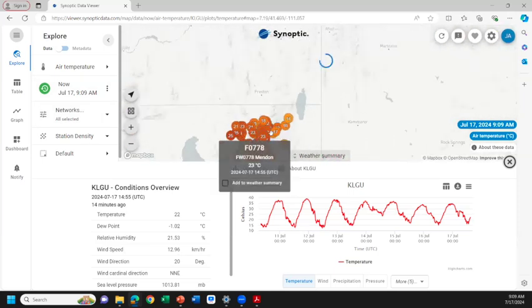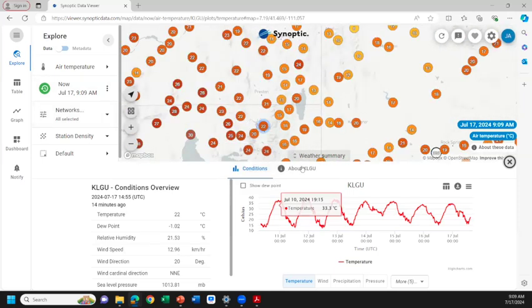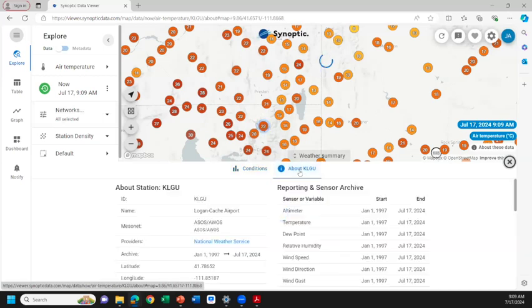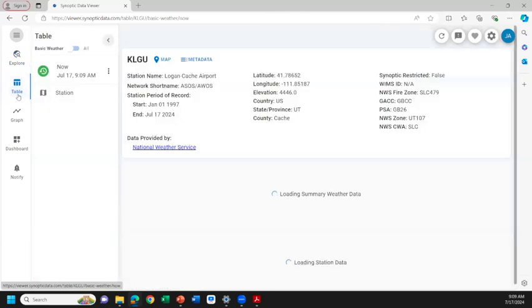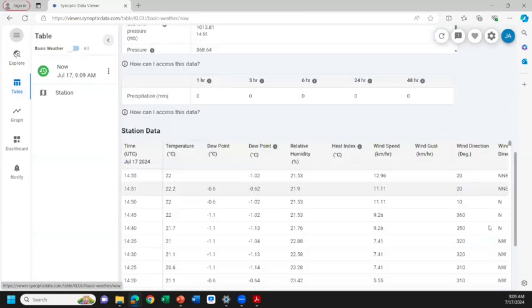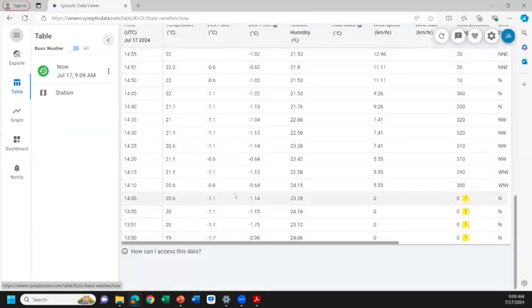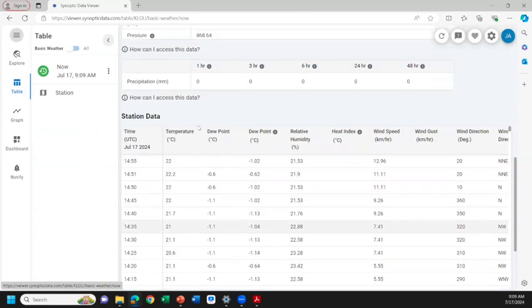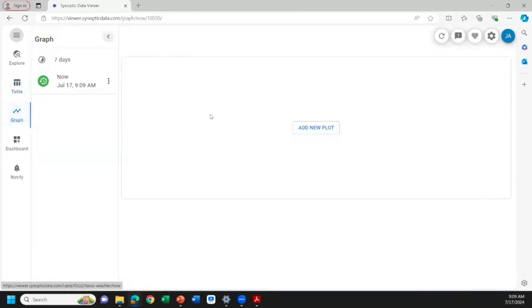You can also, I'll just kind of highlight a couple of things here. So kind of the metadata component, we try to keep track of as much metadata as possible that the data provider will give us. So again, we'll link to their website, tell you how long the archive is, give you a little bit more information about metadata. You can also look at tabular format of the data as well. And see that our quality control will show up. And you can graph stations.